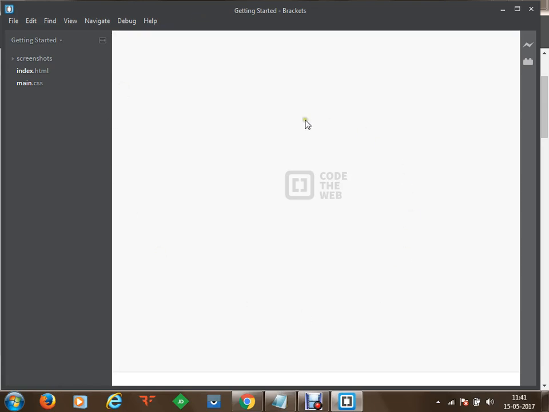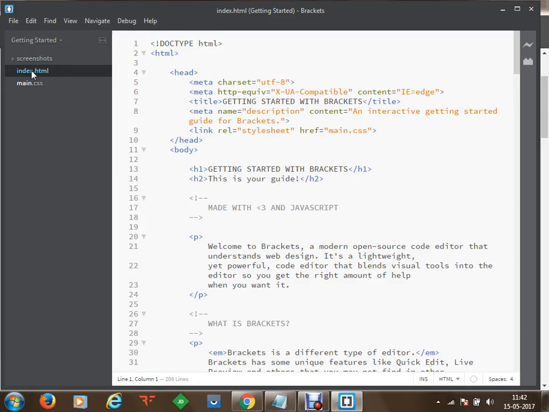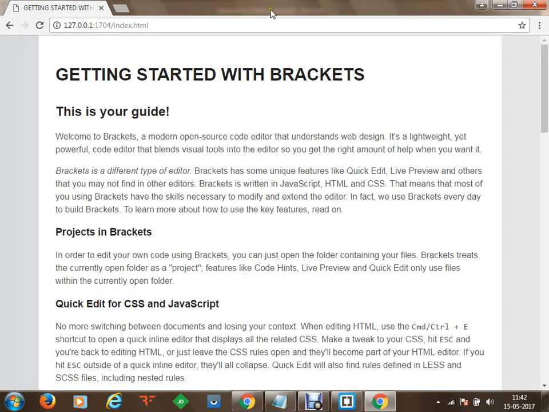As soon as we get started with Brackets, we get a Getting Started directory here. In this Getting Started directory, you can see that we have an index file, and this index file has been pre-developed and provided by the Brackets IDE. On the right hand side, you can see that there is a shortcut to live preview as well. You can click on this live preview. It will try to connect the live preview and now it will display the page.